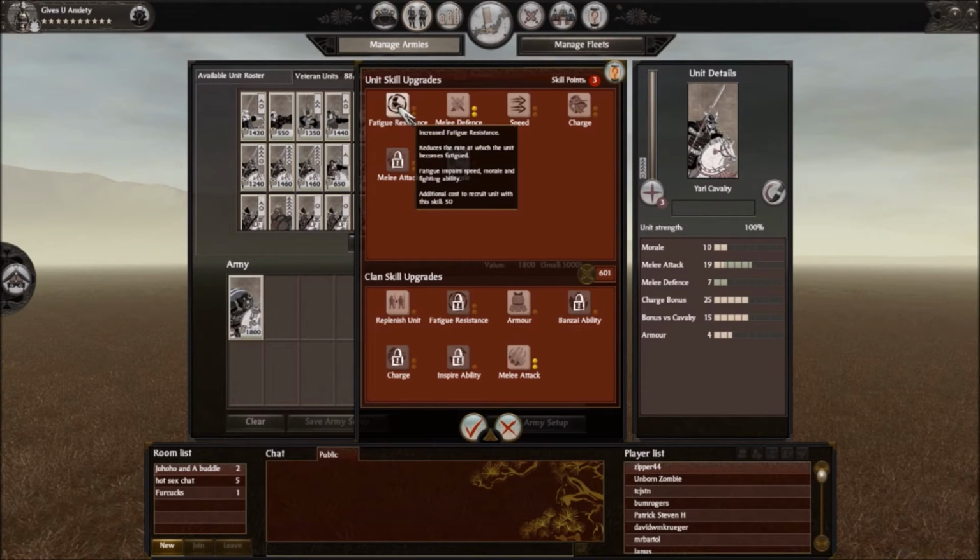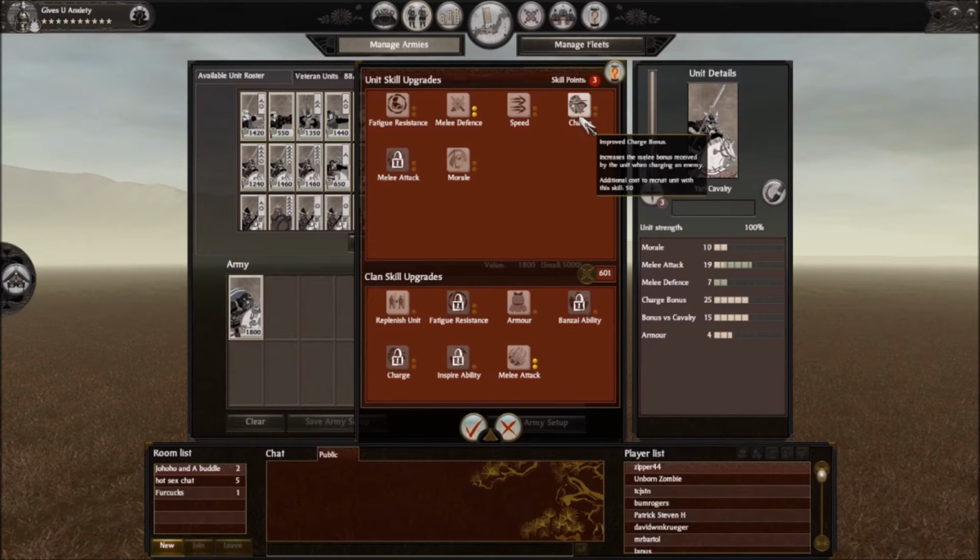You don't want to over upgrade though. Like for Cav, you don't need fatigue resistance, you don't need speed, and charge is like, no one really knows. I've heard a lot of things about charge, but the general consensus is that once it gets over 20, charge becomes less and less useful. So I just don't upgrade it. Like $50 for 5 more charge doesn't really make too much of an impact. I've done some testing with it and it's not even noticeable. So